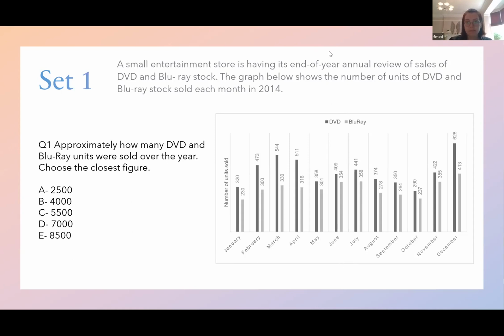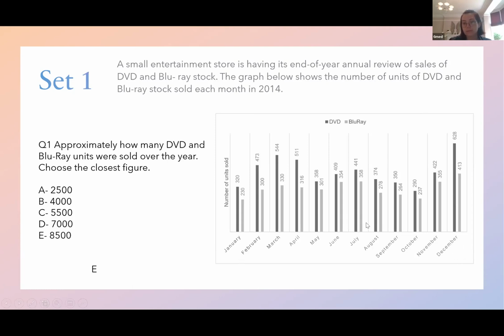So the answer to this question is E, and hopefully most of you understand why. I think I didn't see anyone say any answer that wasn't E, so that's brilliant. And how you do this question, so the question asks, how much DVD and Blu-ray stock was sold in the whole year? So when you're given a graph like this, make sure you read the axis, because they can quite